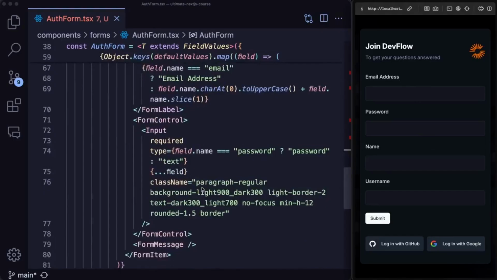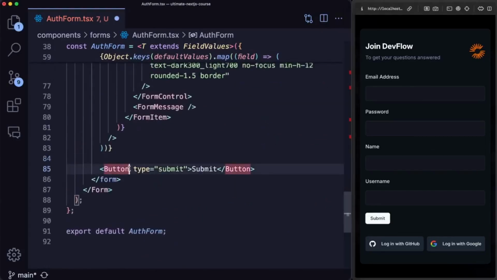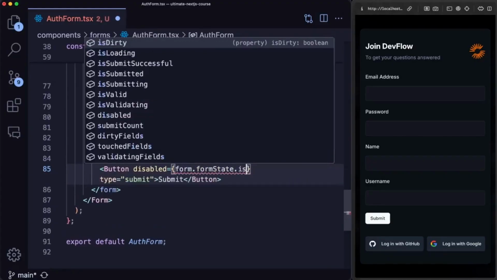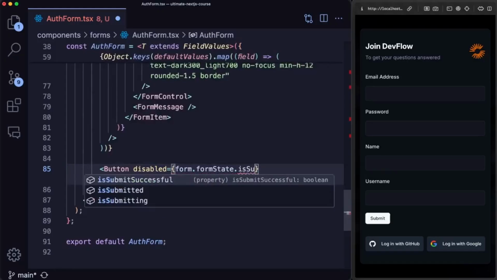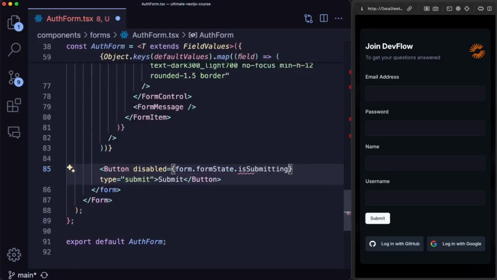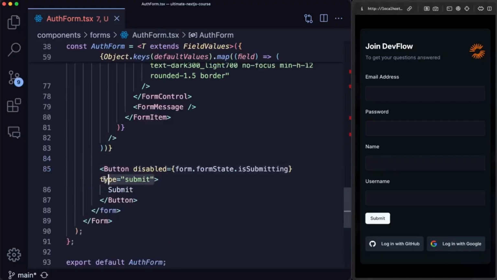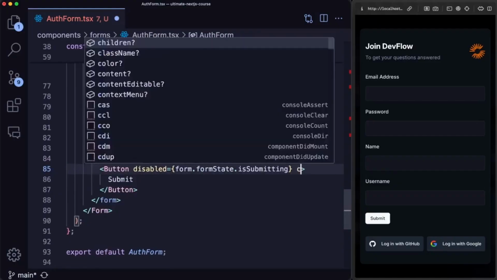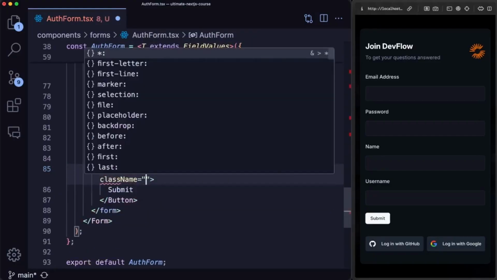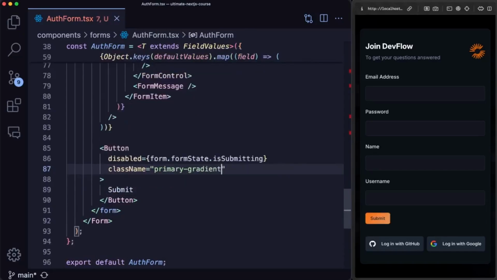We can also further style this button by giving it a disabled property, and we want to make it disabled if form.formState.isSubmitting is currently on. It's pretty cool how you're immediately getting this isSubmitting state just by using React Hook Form. In this case, we don't need to make it submit, and we can style it by giving it a class name of primary-gradient, that's immediately better,